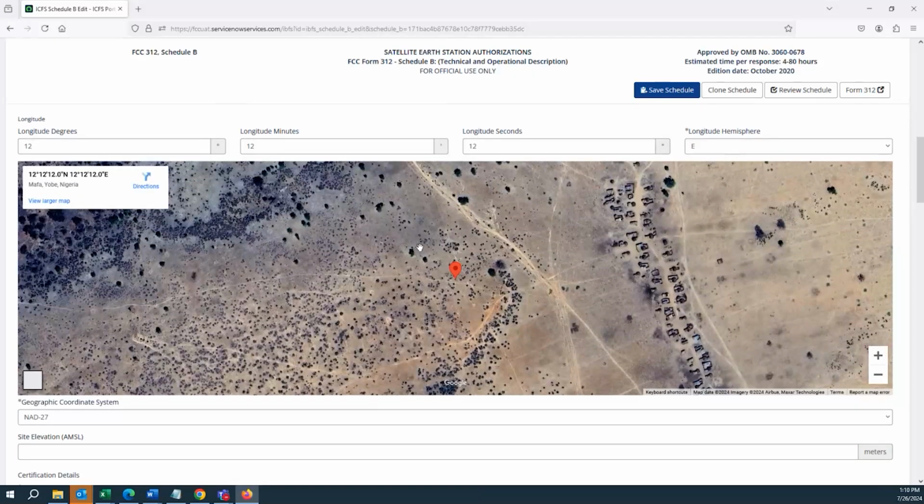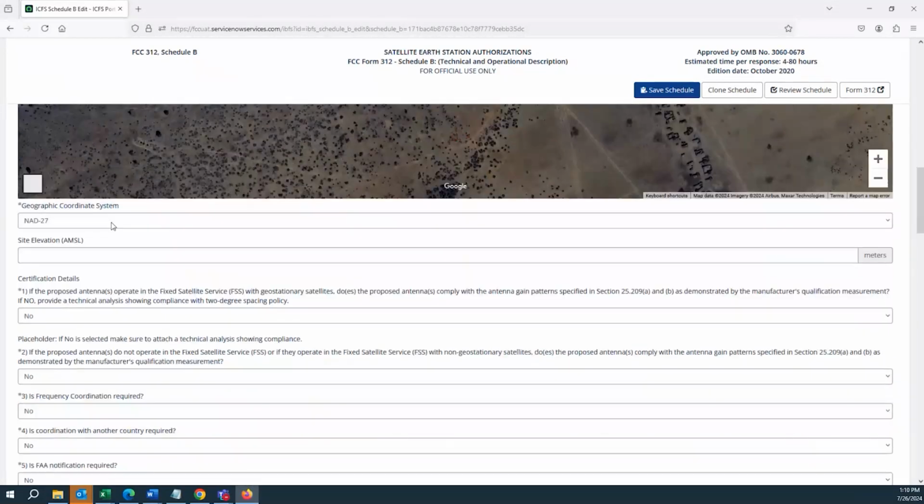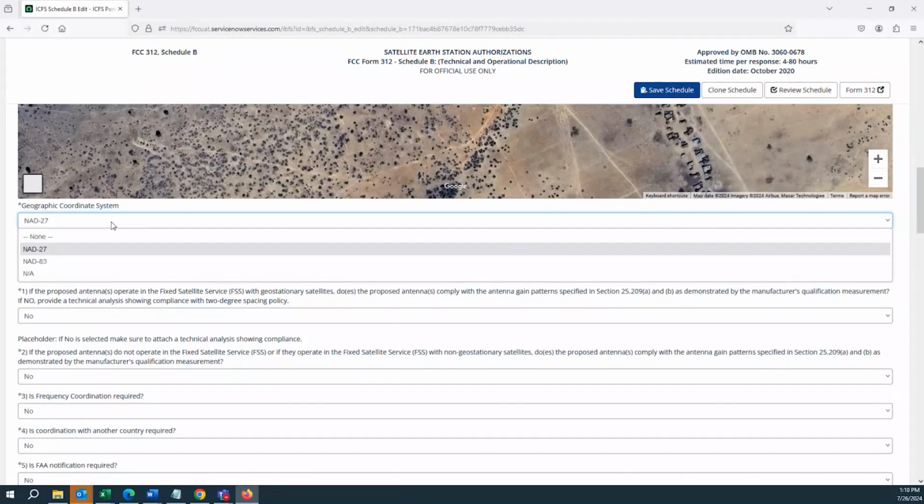And we have here an integration with Google Maps, which will show you a visual location, exactly where those coordinates are. And it will also list the region as well. Here you select your geographic coordinate system.